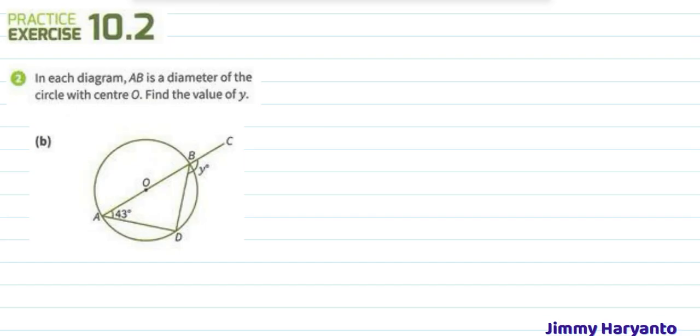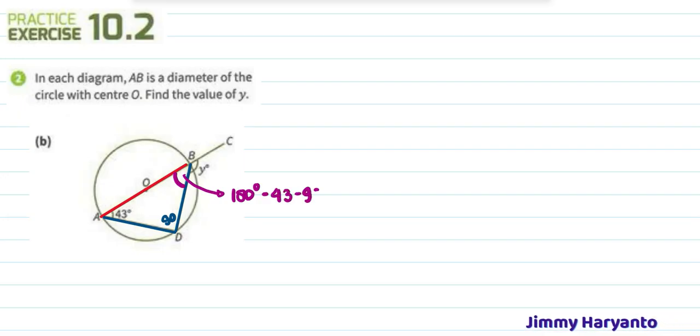Next is question 2. For question 2, we also have diameters right here. That means the circumference angle will be 90 degree. So this one is 90 degree. That means we can find this one. To find this one, you will use a triangle. The sum of triangle is 180 minus 43 minus 90. So you will have